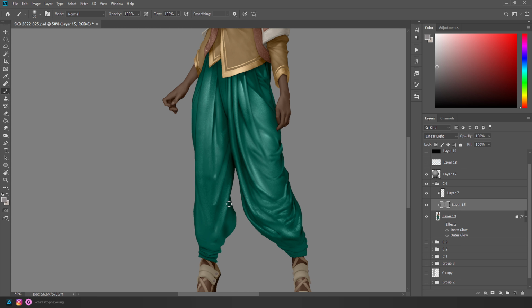I'll add a little bit of a rogue fold here. It's sort of folding in and out. And maybe it curls